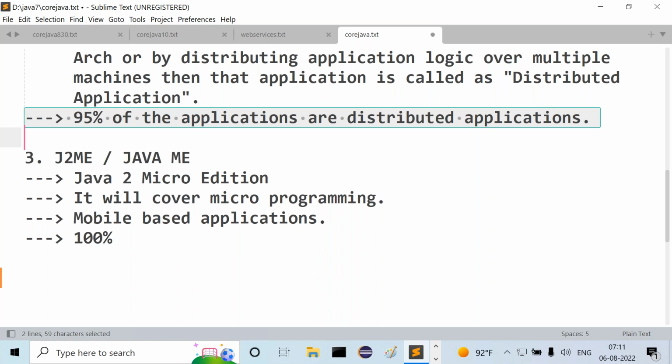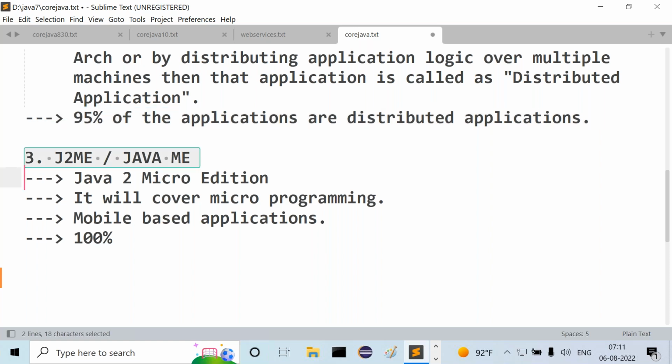Good. Java in the sense J2EE. Please remember this. But to understand J2EE, what do we require? J2SE is required. To understand J2EE, we require J2SE. Good. Next one is what? Then after that,